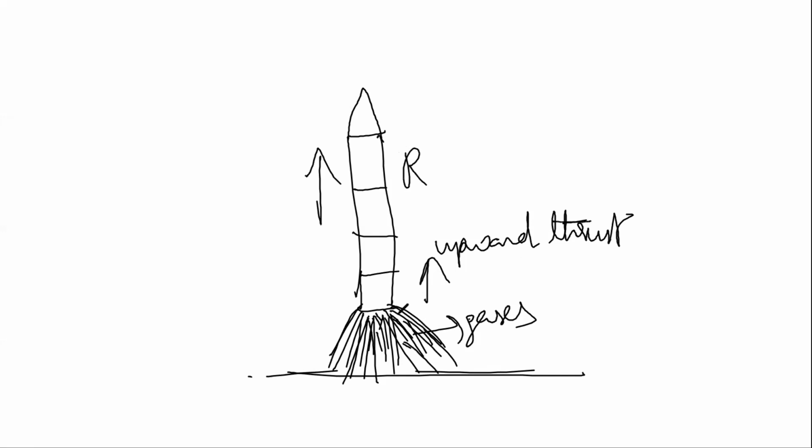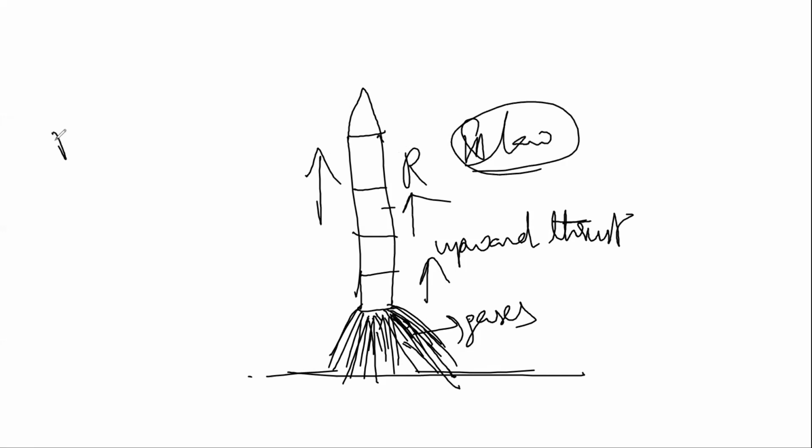These gases are going in the outward direction, and because of the force of these gases coming out, there will be a reaction. The action is done by these gases, so the reaction will be given by the rocket in the upward direction. With the same equal and opposite force, the rocket will move upward. So this is a perfect example of Newton's third law.